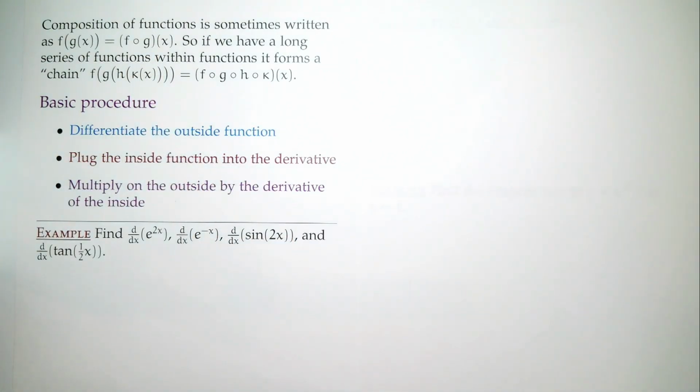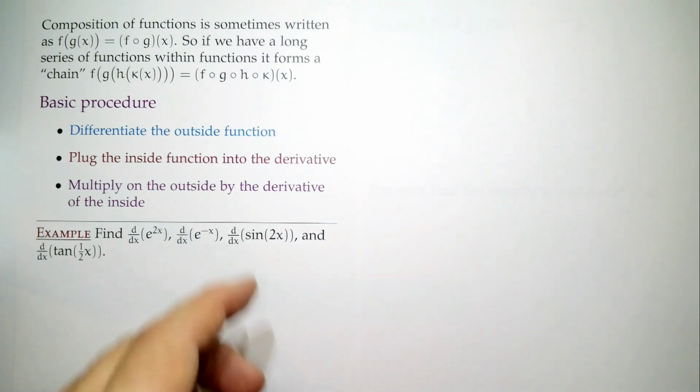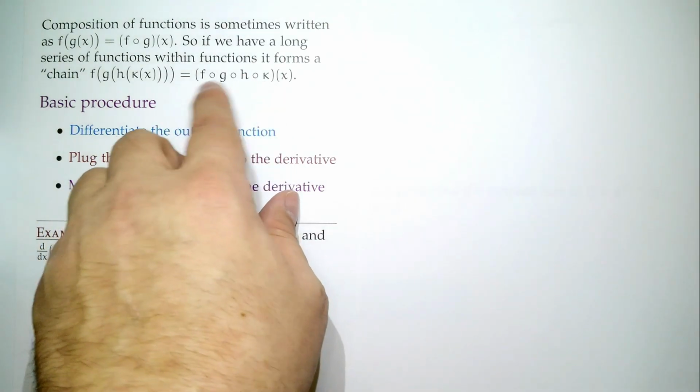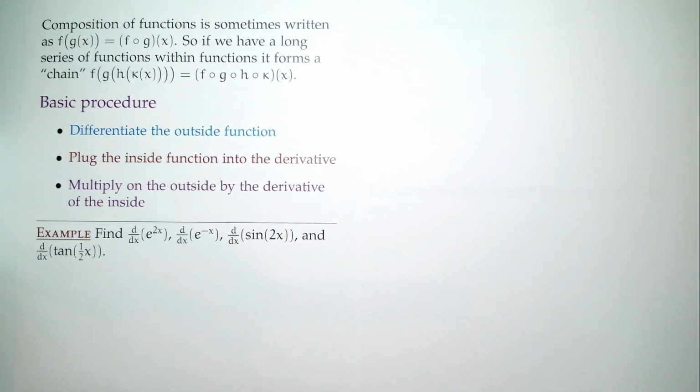So, what if you have a function inside a function inside a function, and so forth? Well, again, you can use the same notation. You just have a series of circles. You can think of these as the links in the chain for putting the functions together. So that could be one way to think of why it's called the chain rule: we have this notation which chains these functions together. And again, there's this basic procedure: take the derivative of the outside, leave the inside alone, plug it back in, multiply on the outside by the